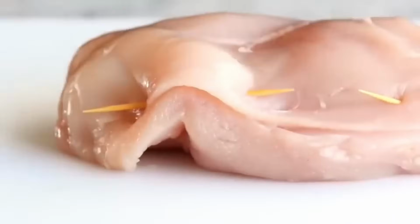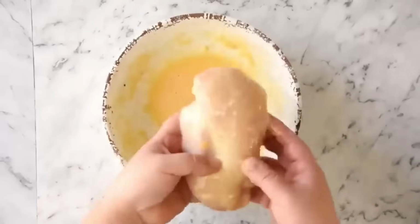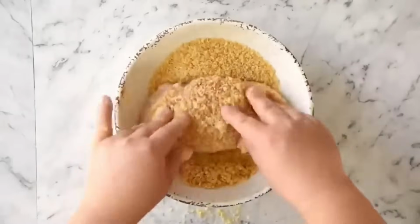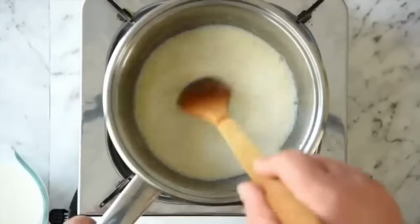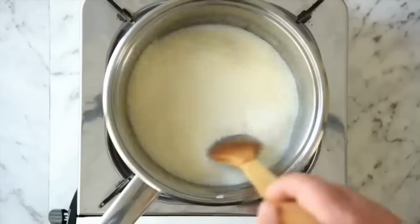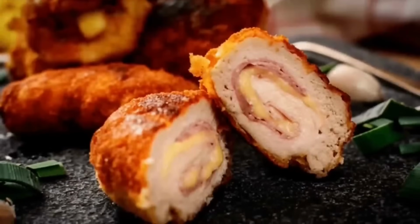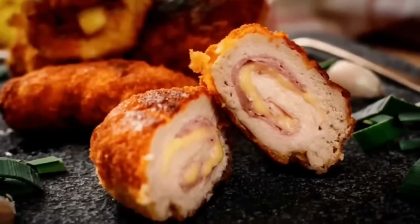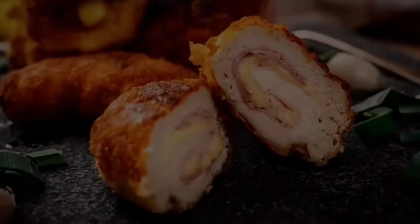The method involves flattening chicken breasts, layering them with ham and Swiss cheese, rolling them up, covering them in breadcrumbs, and then frying or baking them until they're beautifully golden. The popularity of chicken cordon bleu in the United States was significantly driven by the rise of gourmet frozen meals in the 1970s, where it became a favorite for its ability to retain taste and texture even after freezing and